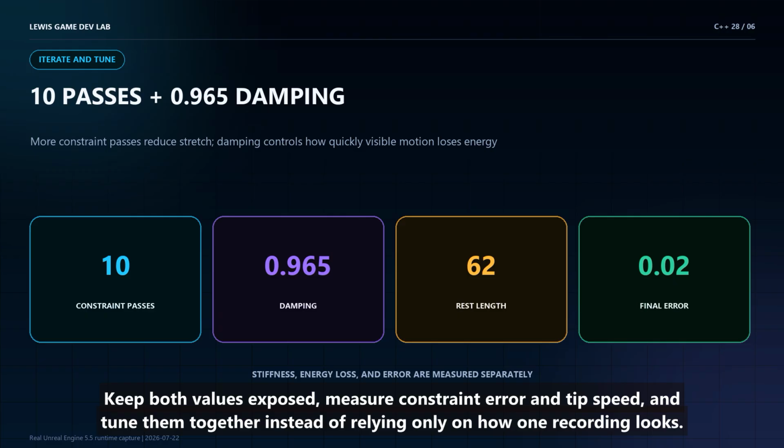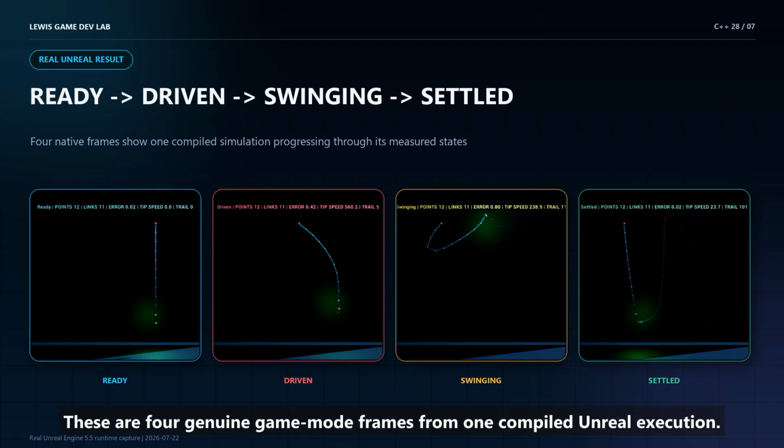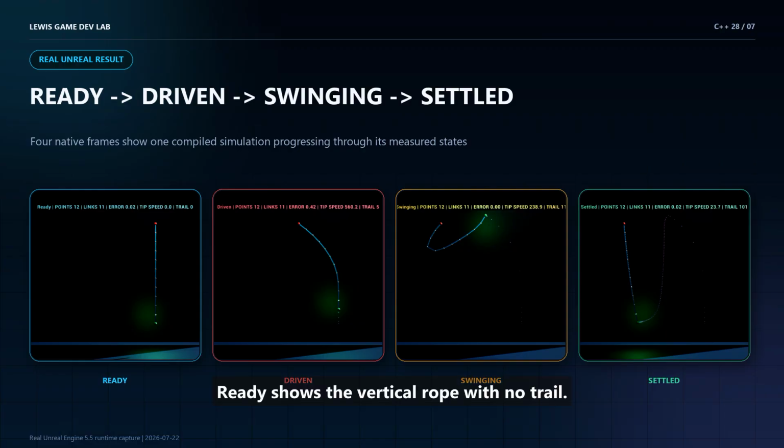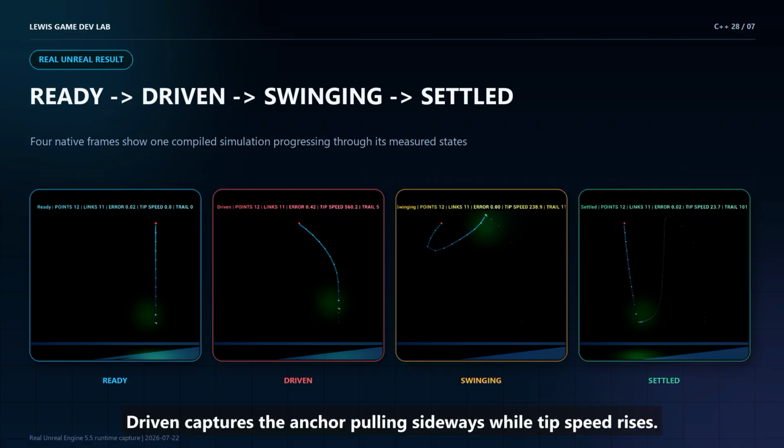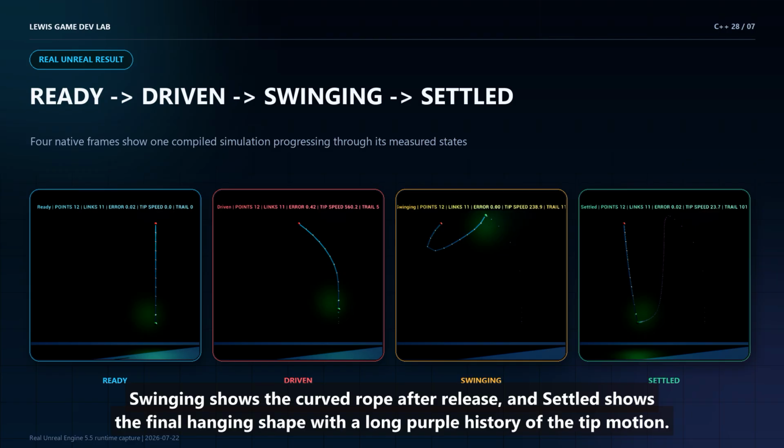These are 4 genuine game mode frames from one compiled Unreal execution. Ready shows the vertical rope with no trail. Driven captures the anchor pulling sideways while tip speed rises. Swinging shows the curved rope after release, and settled shows the final hanging shape with a long purple history of